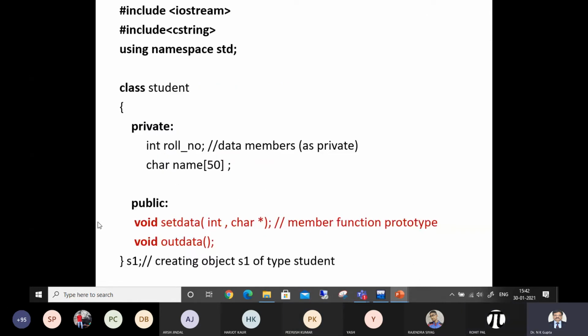So again the same thing, creating object s1 of type student. Your observation is perfect that in the previous examples we have done student, name of the class, and name of the object, like that. Here, immediately after the declaration, if you write it, the same thing could be done in the case of structure also, isn't it? Yes, sir. Sir, we can initialize the student object s1 inside the main and outside main both, no?